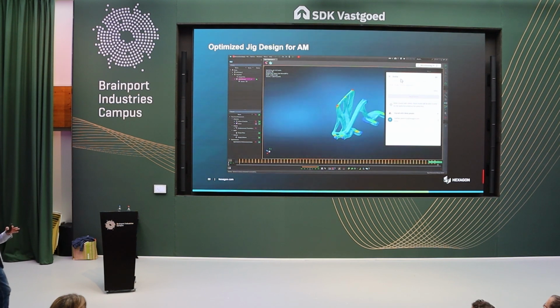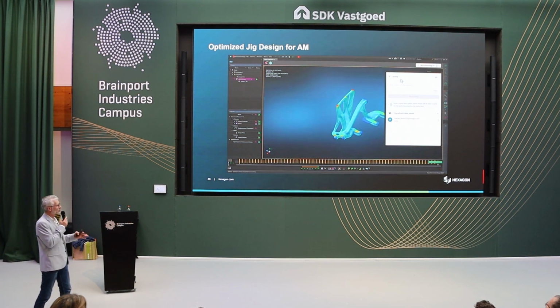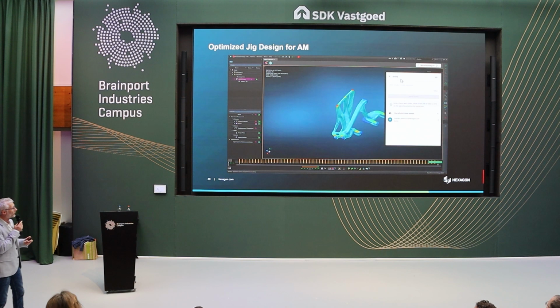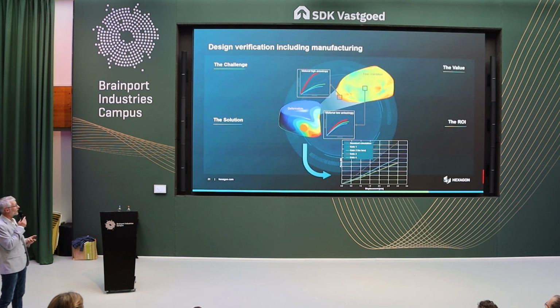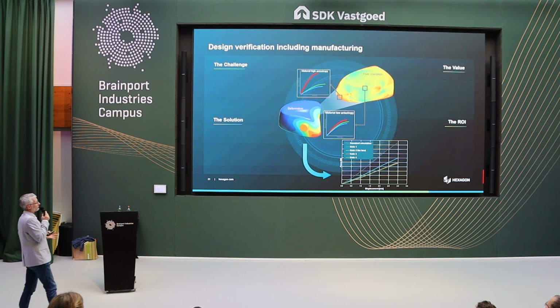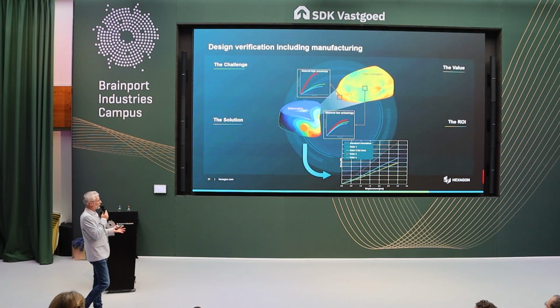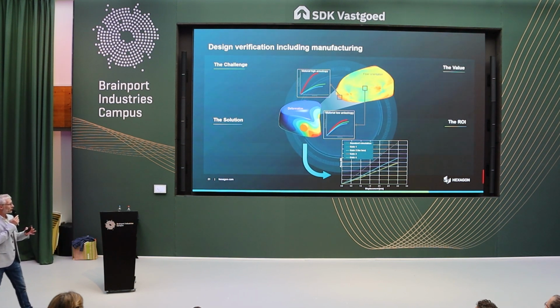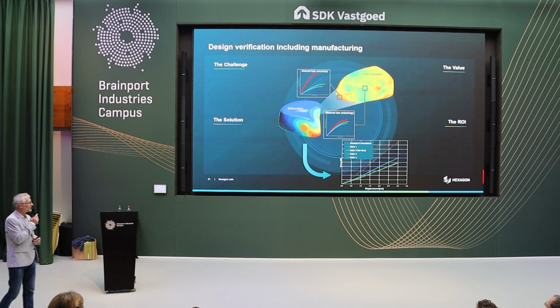So here you can see a first integration of the Nexus solutions inside a desktop application like Apex Generative Design. I will have the chance later this afternoon to present to you Nexus in more detail, and what is the vision and the mission of Nexus, and so you will better understand what you just saw. This was for the additive manufacturing at the level of the jig. We are going to speak about the additive manufacturing of the part in more detail in the coming slides, but